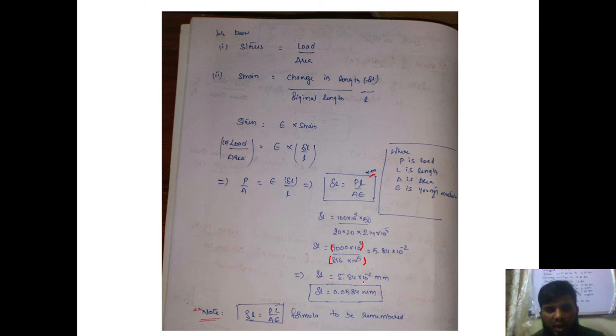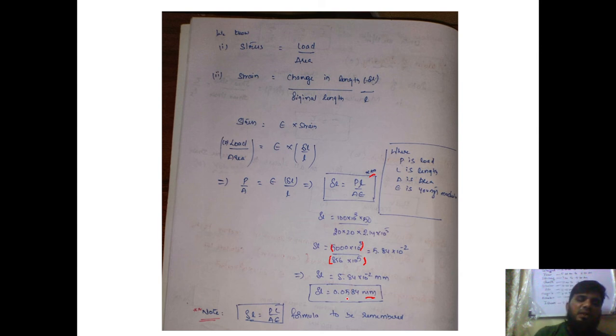So when I say minus 2, I have to move the point by 2 decimals. From 1, 2, so we are going to obtain it as 0.0584 mm. Since this is a compression, this should be minus, but since this is a problem, we cannot show it, because the sign indicates only the type of change. So this much amount of decrease is going to happen in the original length. What is the original length we have? 50 mm. Out of 50 mm, it is going to change by 0.05, almost like 49.95 will still remain. So this is much negligible.